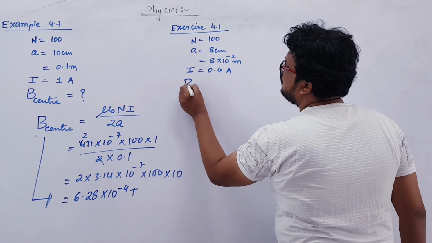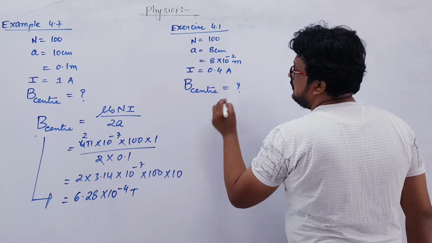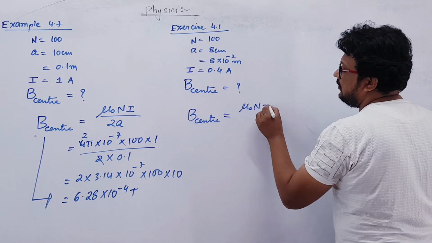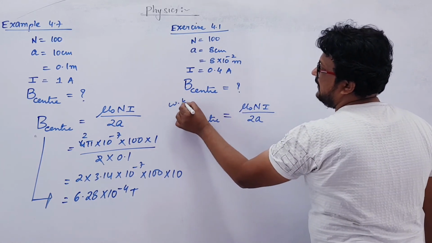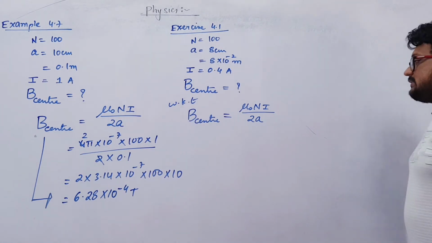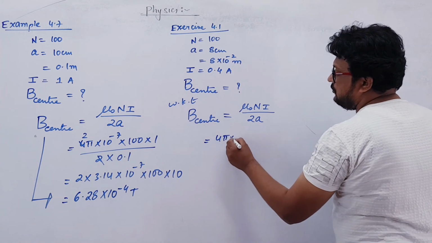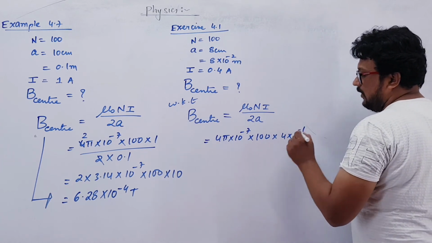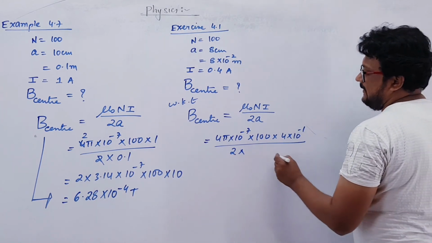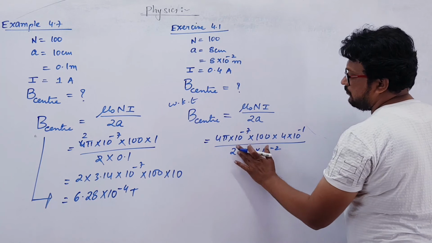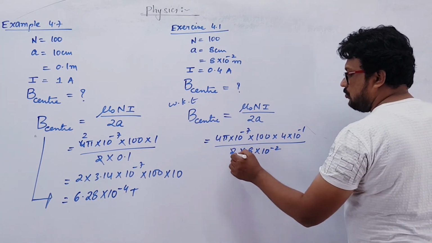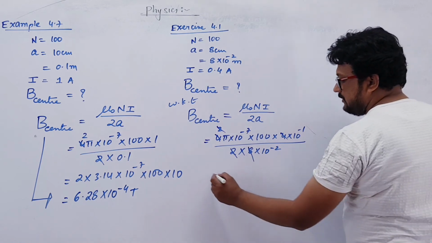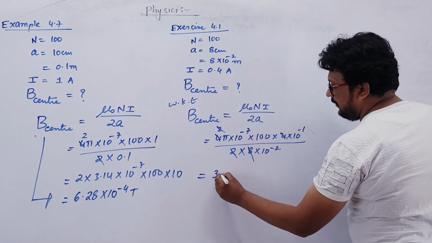Exactly similar to this, we have to find B of center. So here magnetic field produced at the center of the coil is mu naught Ni over 2A. We know that magnetic field produced at the center of a current carrying circular loop is like this. So that is equal to 4 pi into 10 to the power minus 7, N is given as 100 into 0.4 is 4 into 10 to the power minus 1 over 2 into A is 8 into 10 to the power minus 2. So 2 2s are 4, 4 2s are 8, and this 8, so 2 2 and this 4 will get cancelled out. So this will be equal to pi is 3.14 into